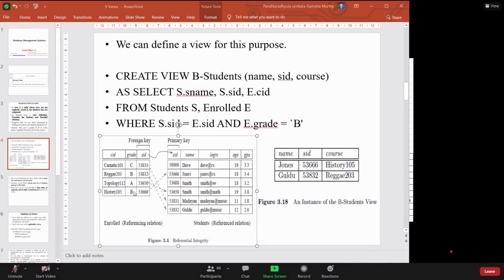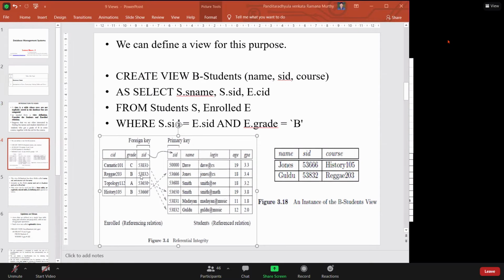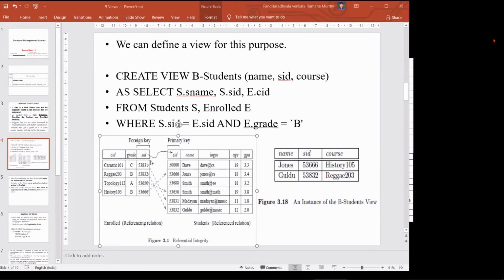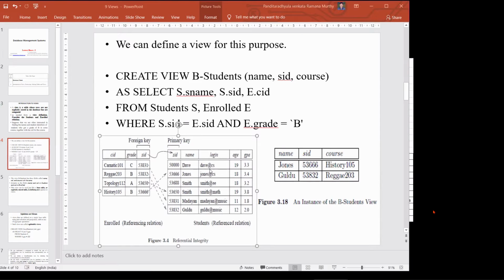If you want to see the name of the student along with the SID and his course ID, where he has grade B: the student name and SID are available from the student table, but I want the concerned course ID also, and the course ID is available in another table.